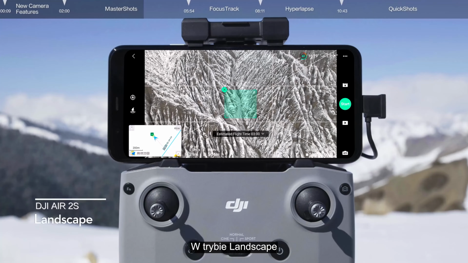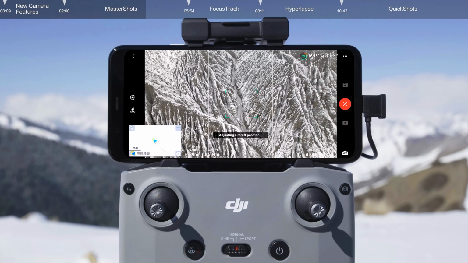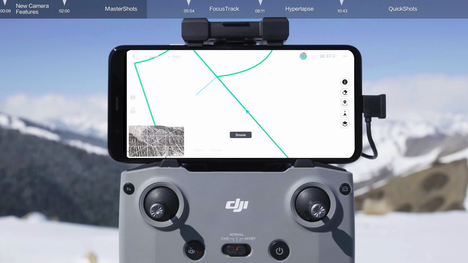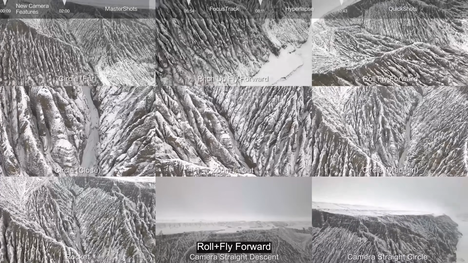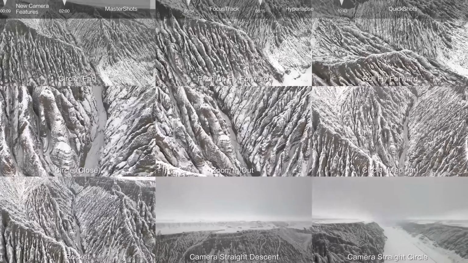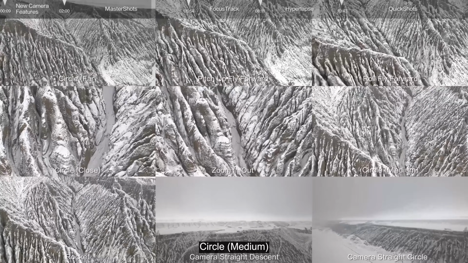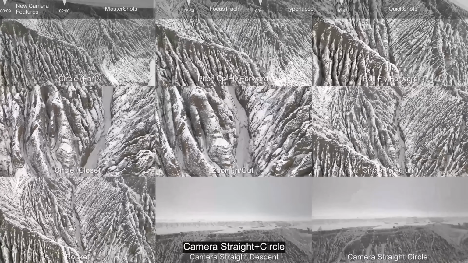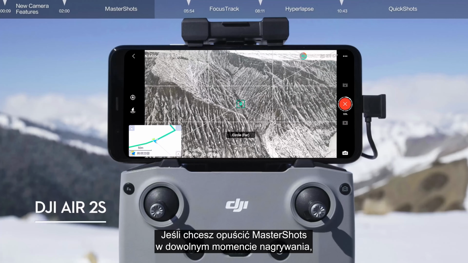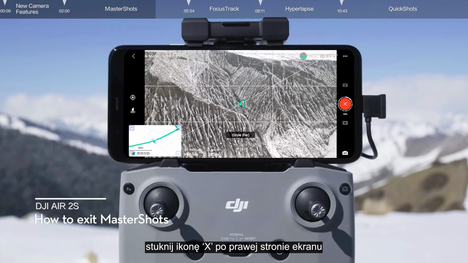In landscape mode, the aircraft will automatically perform droning, circle far, pitch up fly forward, roll fly forward, circle close, zoom in out, circle medium, rocket, camera straight descent, camera straight circle. If you want to exit MasterShots at any point during shooting, tap the X icon on